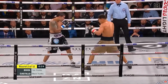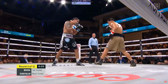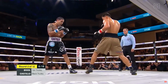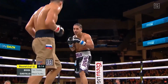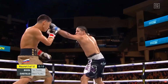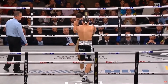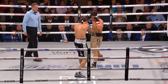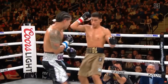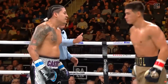Castillo can be effective when he puts a couple of punches together in terms of stopping the forward momentum or forward progress of Bivol, but he just seems a little bit inactive here. Bivol is not doing too much, but in terms of being the more active of the two fighters, I'm going to have to give that